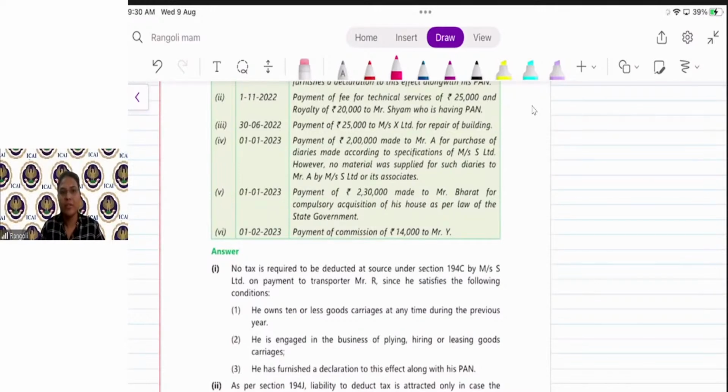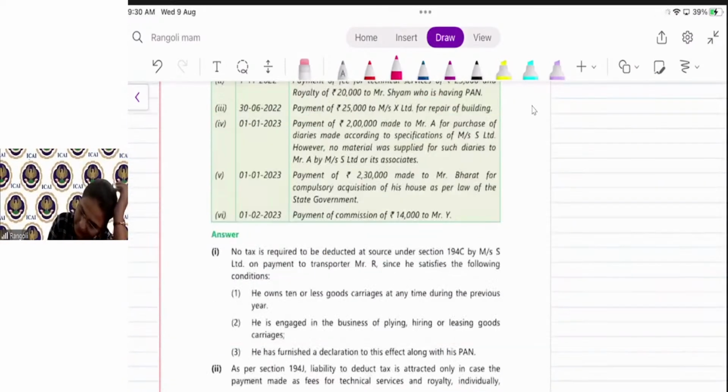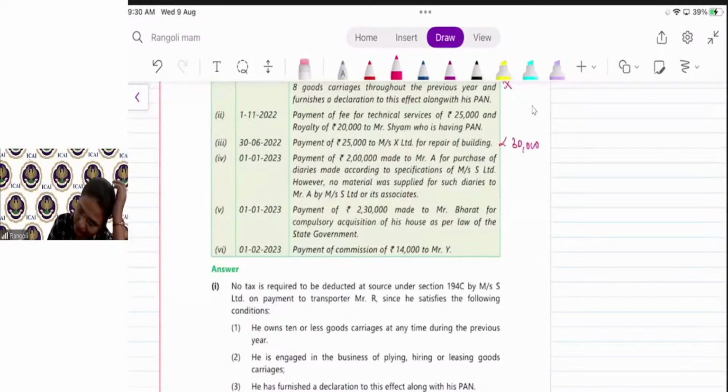On 30th June 22, payment of 25,000 to Messrs. X Limited for repair of building. Chalo, TDS is applicable or not? No, because the bill is less than 30,000. So no TDS is required to be deducted. Next,